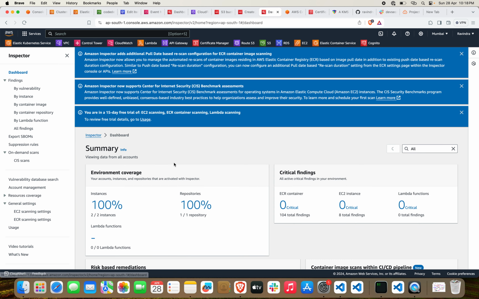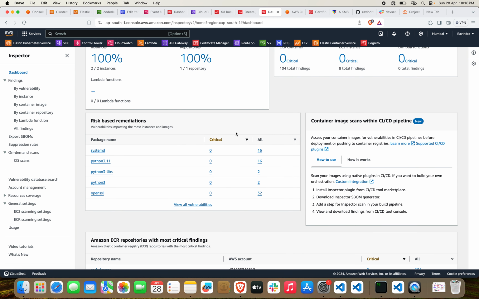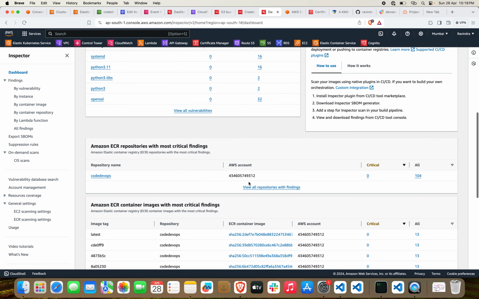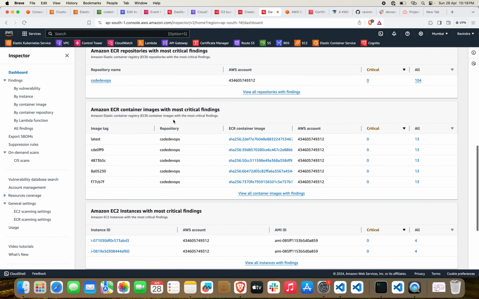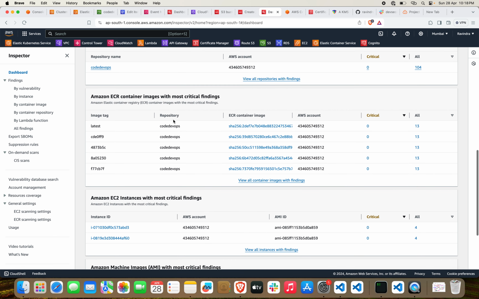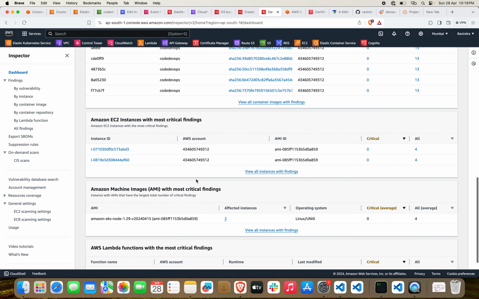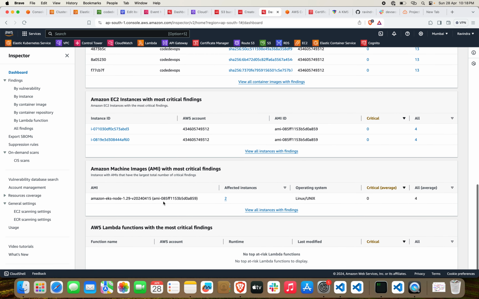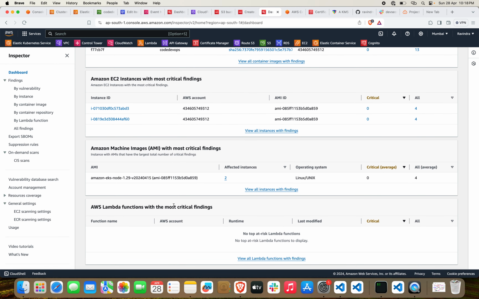And one thing, from the dashboard you can see all the information of your ECR repository, ECR container information, and what EC2 instances there are. Like suppose we have two AMIs. Okay, so currently I don't have any Lambda, so it will not give you information regarding Lambda function